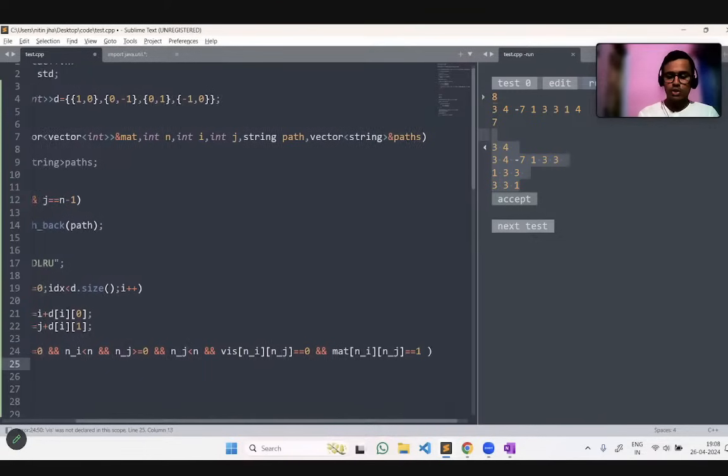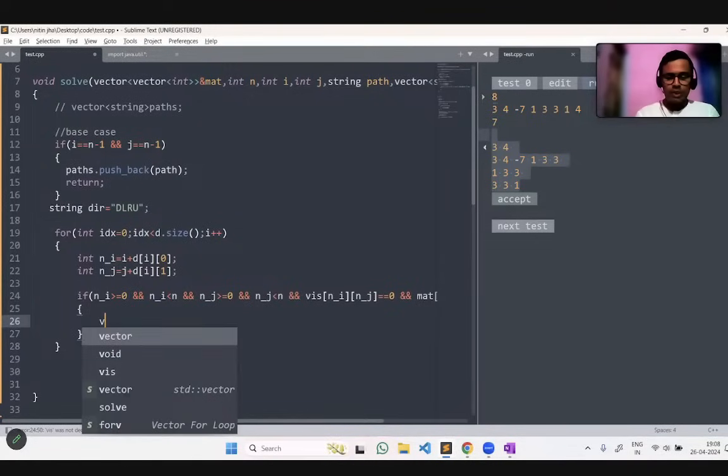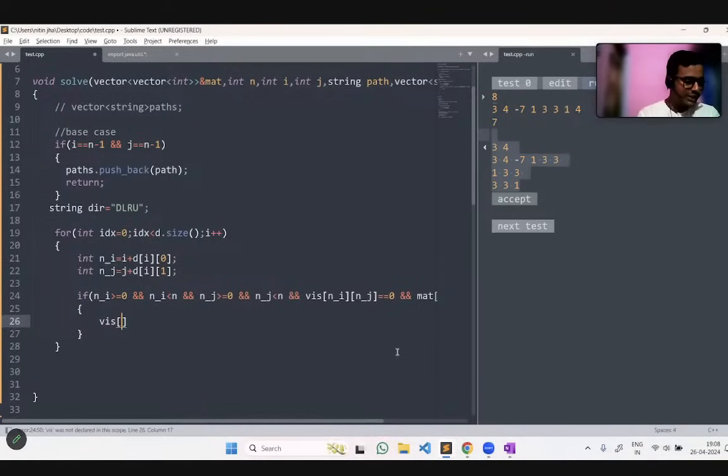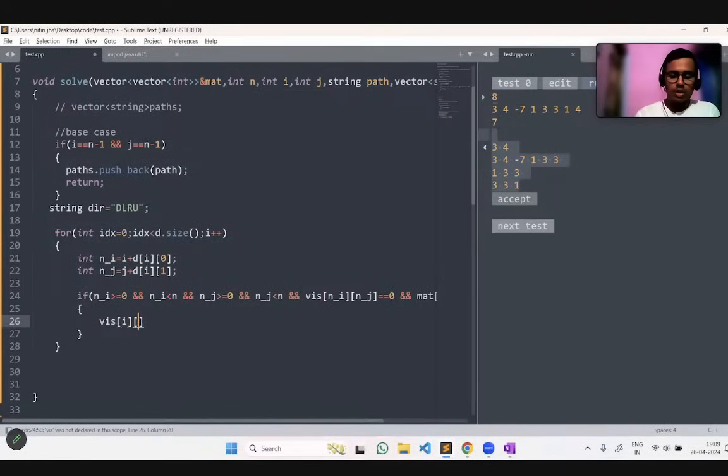It should not be visited, and the value of that index should be 1. Then first we should visit the previous index from where we are coming. So I comma j, first visit that. We change visited to 1, and now we move to the next index, searching for the next index from this position.